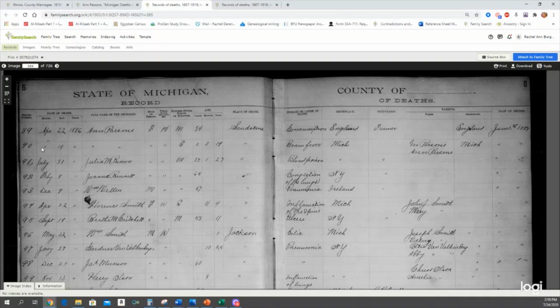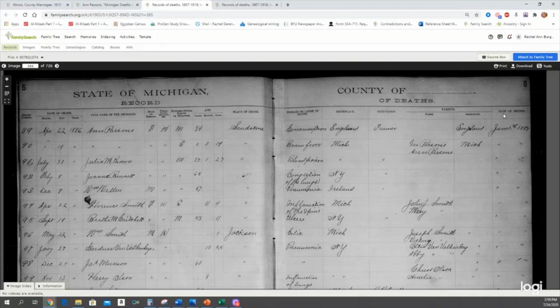Well, let's look and see when they died. Okay, they died 3 days before Ann Parsons. Okay, interesting. She's only 2. Ann Parsons is 34. Same name. I have a feeling you guys are already going along the same line of thinking that I am. She died of brain fever, born in Michigan, and then her mother was Ann Parsons. Father, George Parsons. And I know from census records that Ann was married to George.